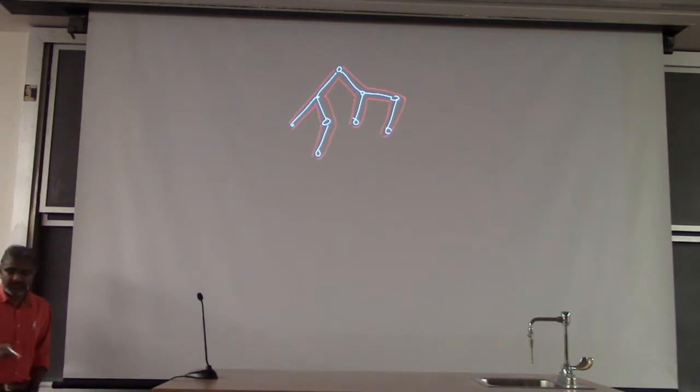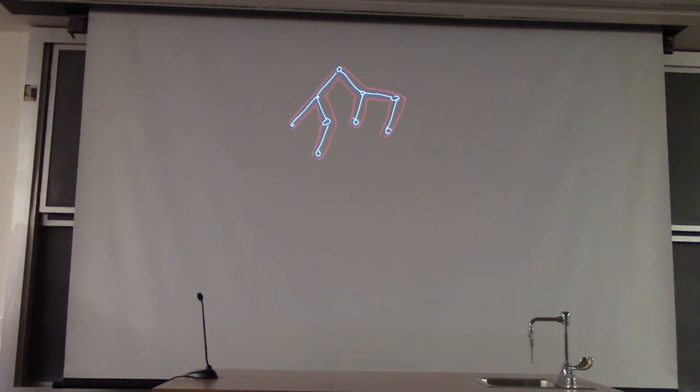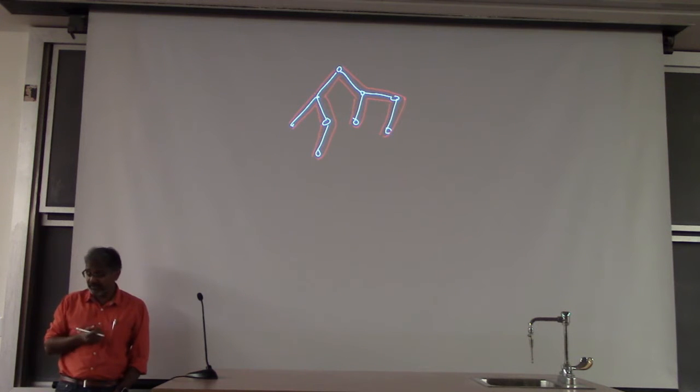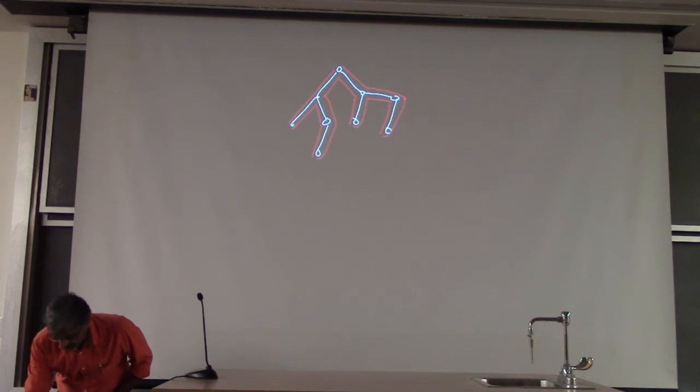Okay, imagine me walking along this way. Have I visited every node in the graph? Have I done it exactly once? No. But remember also that there's a way to get directly from any node to any other node, because this is a complete graph. So suppose I went down,